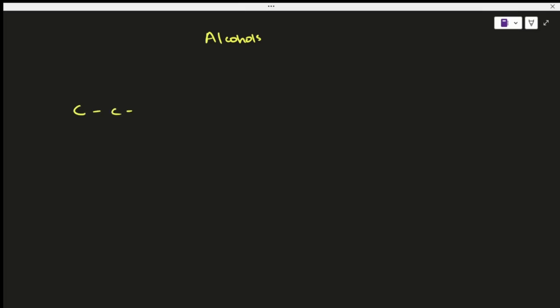So this is a simple structure for an alcohol molecule, and the difference is this. You see, here now you have an OH group. So alcohols are basically organic compounds that have an OH group attached, and that OH here is this one. This OH makes this molecule an alcohol molecule, right? And that's the idea. So anytime you see a molecule which has an OH attached,